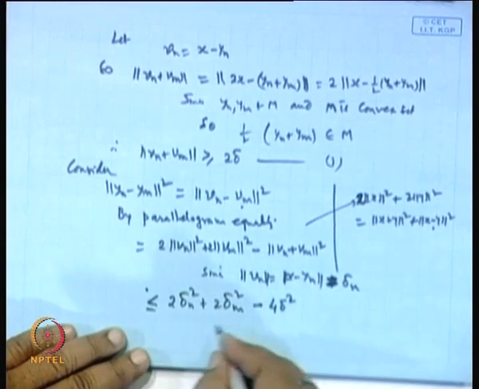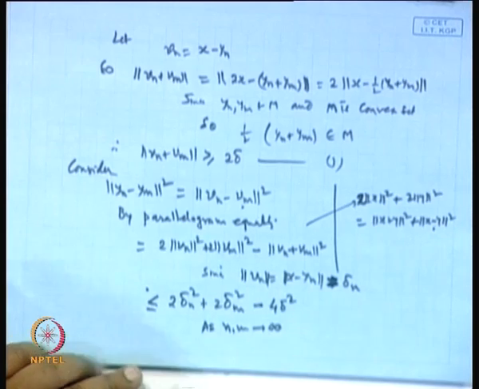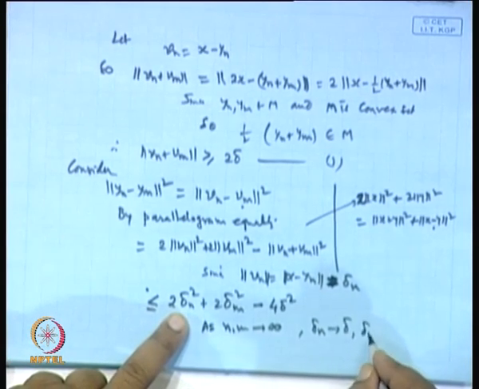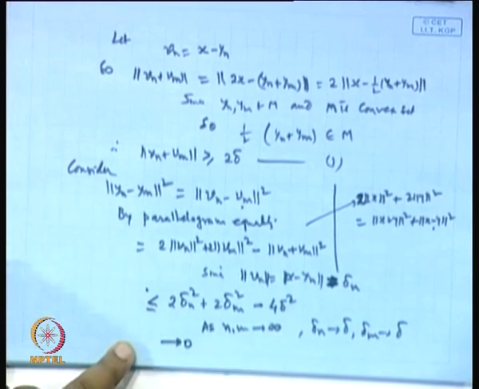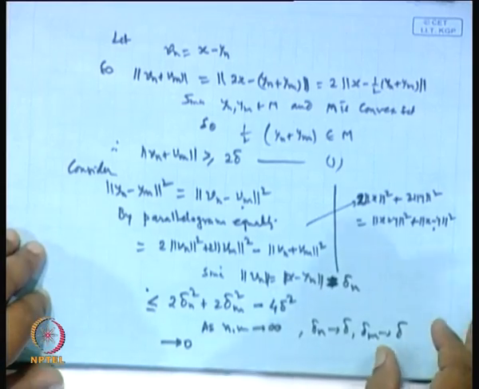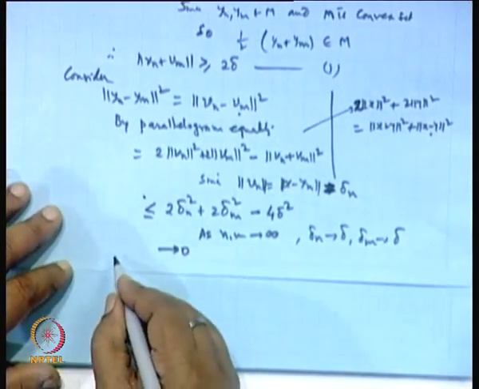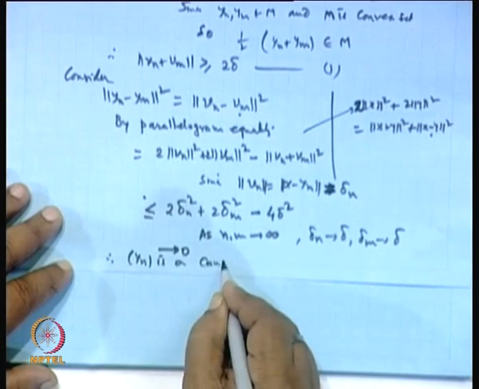Now, as n, m go to infinity, delta n goes to delta, delta m goes to delta. So, the entire thing will go to 0, exactly. Therefore, this sequence y n is a Cauchy sequence